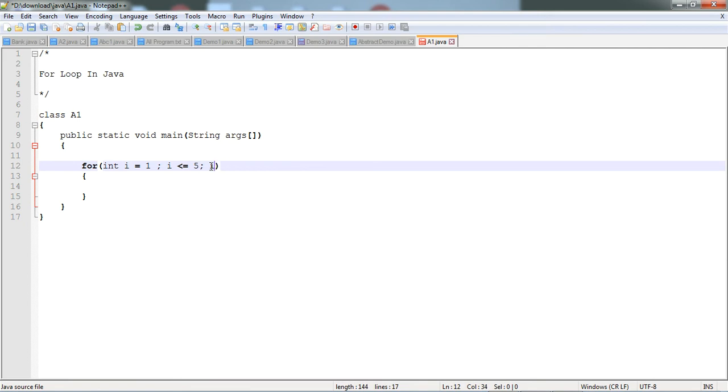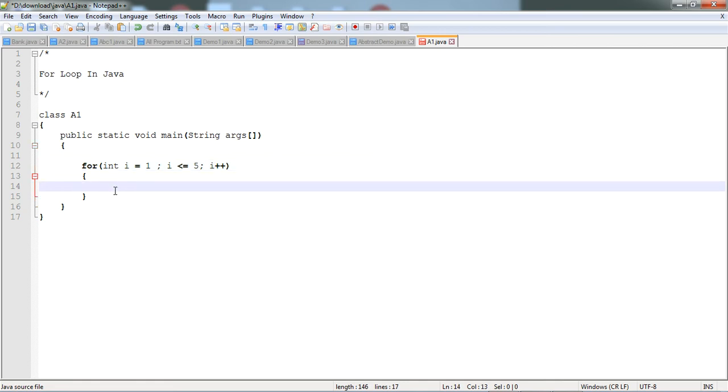You can also write i = i + 1; this and i++ are both the same, both increment i by 1. I remove this because I use the short form of i = i + 1, so I use i++.